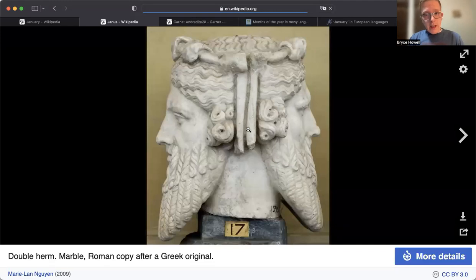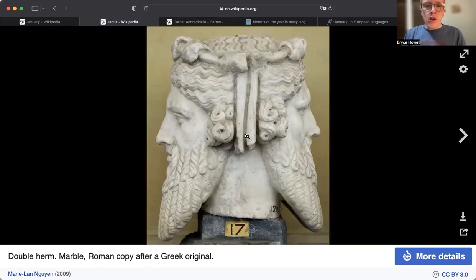He has two heads, and he is the Roman god of doorways and entrances and exits. Another meaning or significance of Janus, which I think is pretty cool,